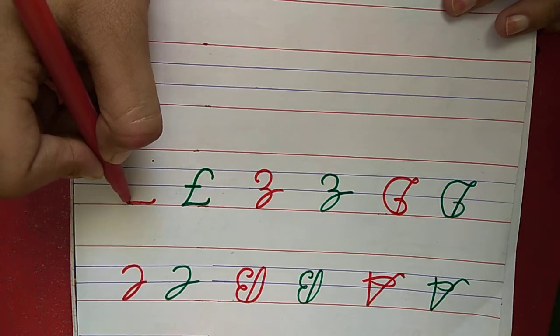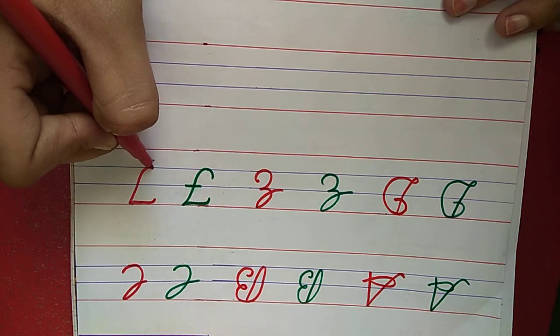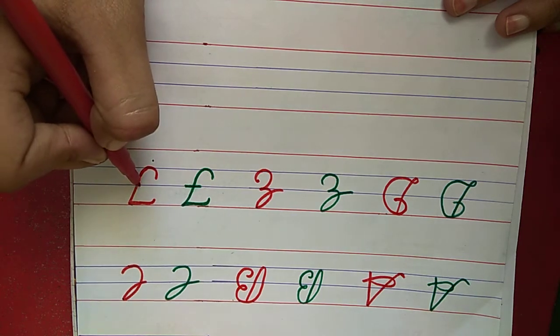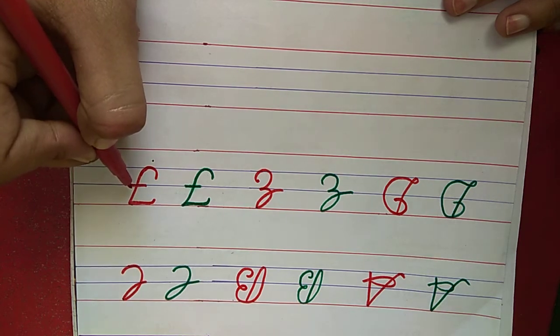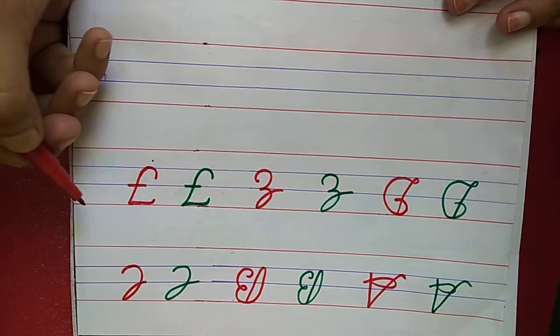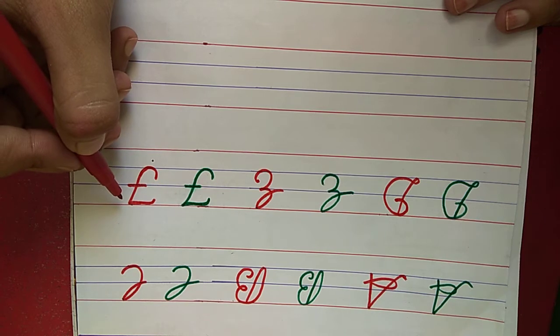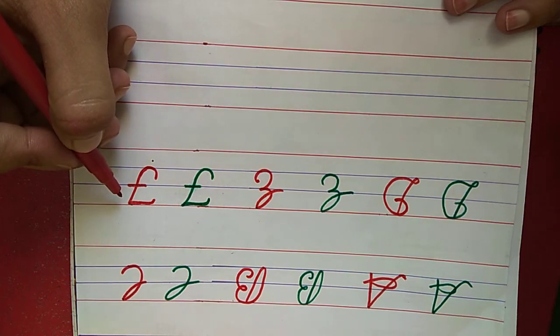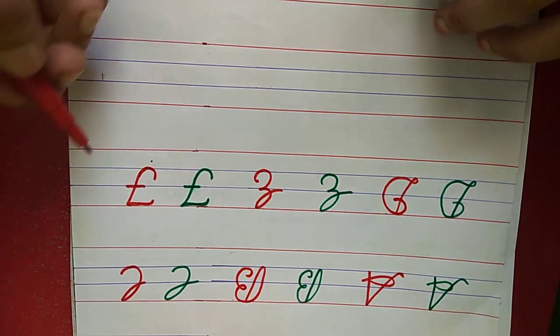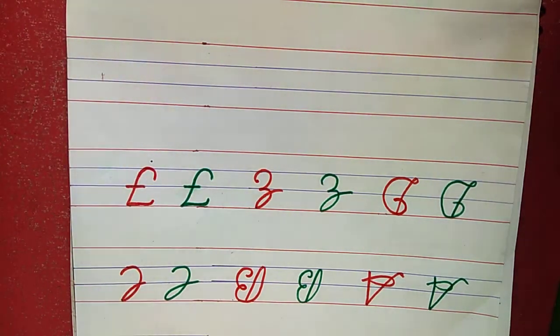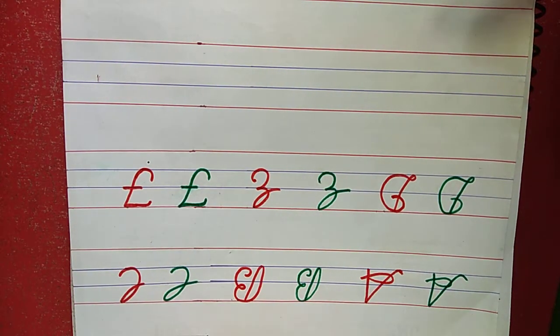Now put your pencil on the red line and draw a small curve and a slanting line and again a curve. This is a curve. And the last line, a sleeping line on the first blue line. What is this? This is letter F. F for fish. What is the spelling of fish? F I S H. Fish.